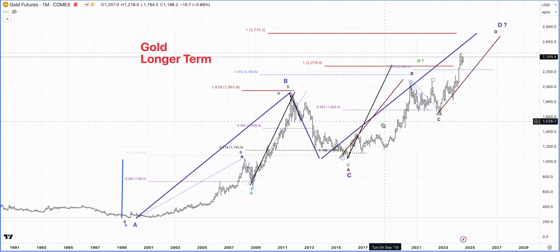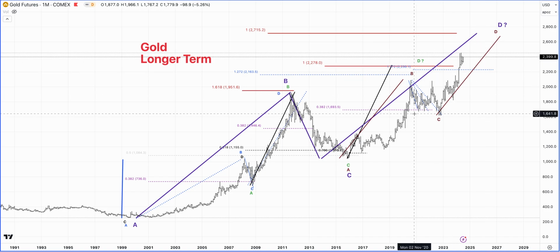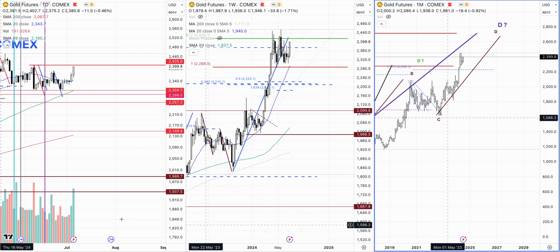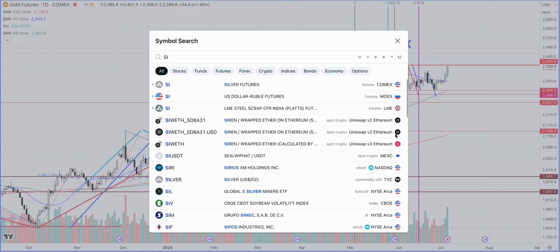And here you can see that this purple cycle and the smaller brown cycle come around 2700, but I also believe that 2500 is going to be a psychological level, and the market will perhaps reach that and go sideways a little bit. But our cycles are actually pointing around 2700 for this market, which it could actually achieve, in my opinion. Now let's take a look at the silver market.